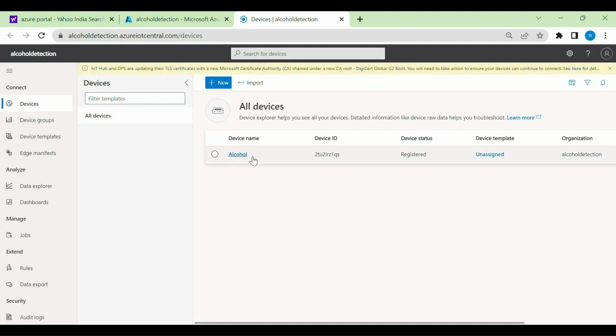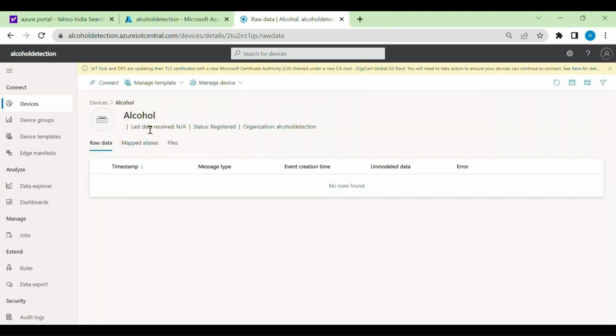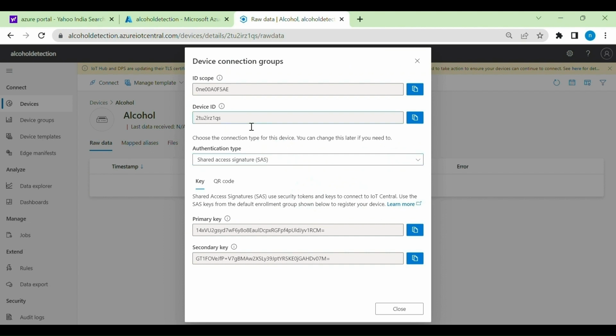So I have a device that has been created, and clicking on this, now we need to connect this device, so I'm clicking on connect. Here are the device connection groups and scope ID, device ID, authentication key and primary key. Now we need to fill all these details in our